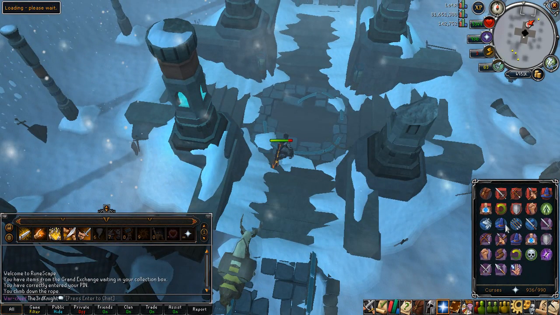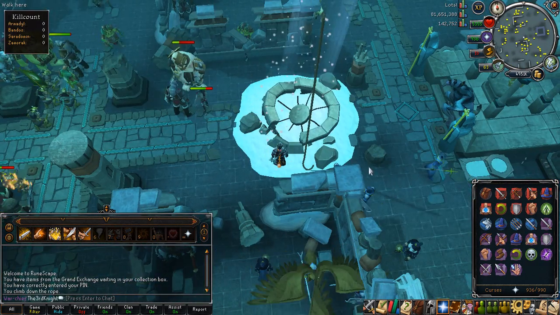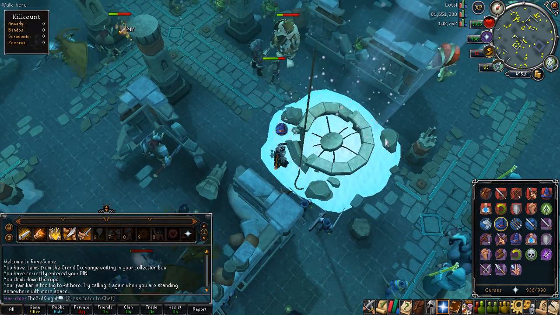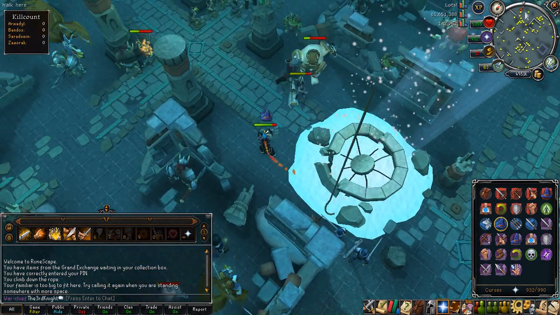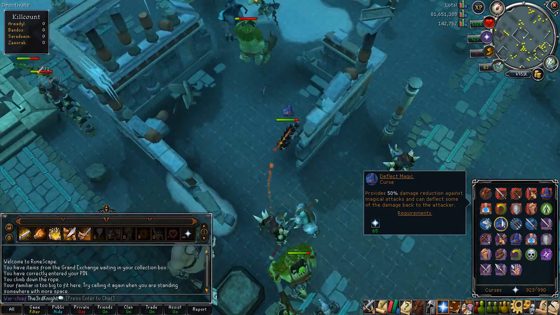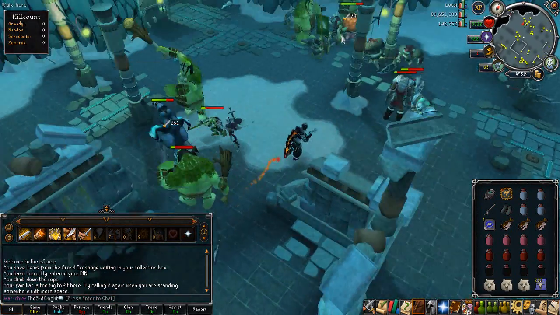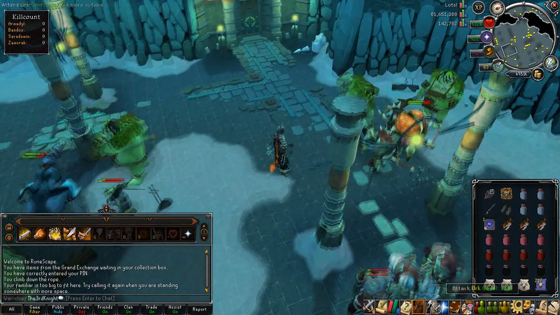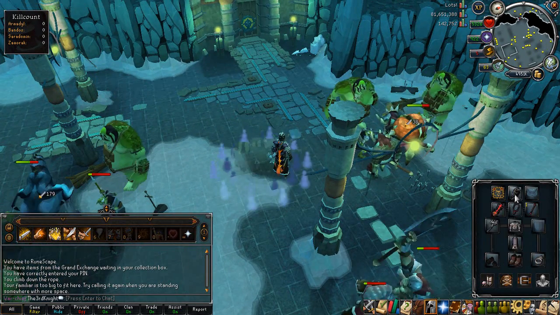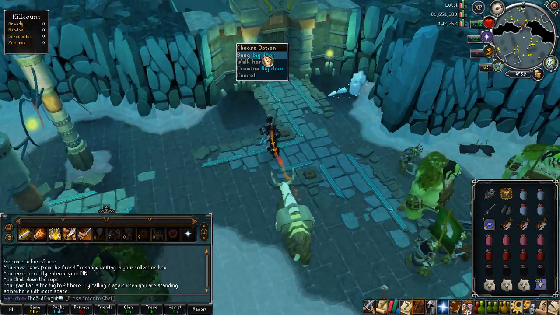And now you will be in a region with all the Godwars dungeon monsters. Put on Protect from Mage, it doesn't really matter, just head northwest. Don't panic. Keep Protect from Mage on, and now turn it off because you'll only be in a region with Bandos and Zamorak creatures, which you're safe from because you have your Bandos boots and your Zamorak arrows. And continue heading northwest and